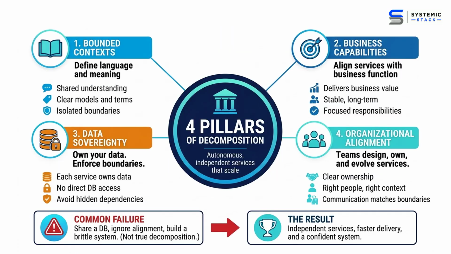To get decomposition right, we look at four core pillars: bounded contexts, business capabilities, data sovereignty, and organizational alignment. These pillars work together to ensure that each service is truly autonomous. Bounded contexts help us define the language of the service, while business capabilities ensure the service does something valuable for the company. Data sovereignty is the technical enforcement of those boundaries, and organizational alignment makes sure the teams can actually manage them. What matters here is that without these pillars, your architecture will likely crumble under the weight of its